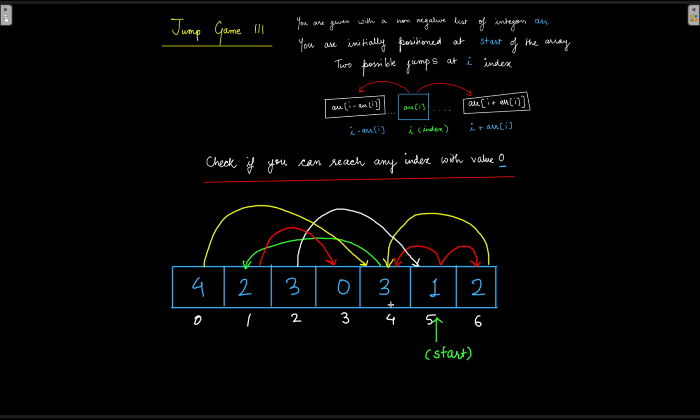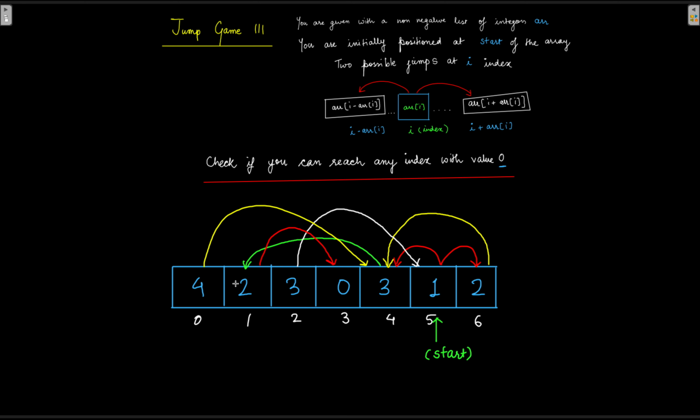Now from this position, where can we go? It could be 4 minus 3 or 4 plus 3. Now you can see 4 plus 3 again is going to be outside the boundary of this array. 4 plus 3 is 7, and there are only indexes until 6 here. So we cannot go to 4 plus 3. But what about 4 minus 3? Let us see. 4 minus 3, 1, 2, 3. So yes, we can reach this point.